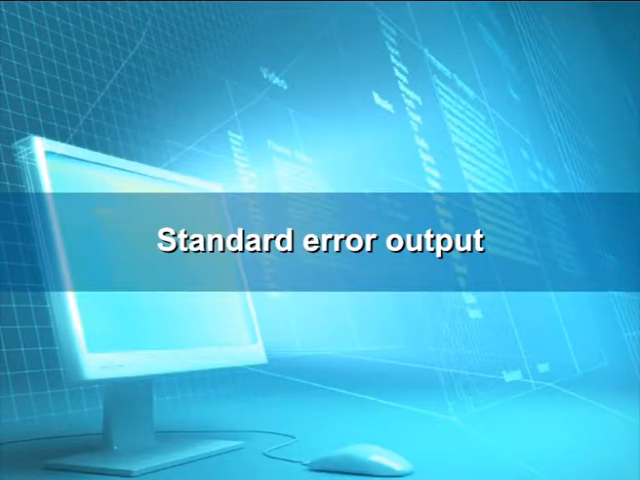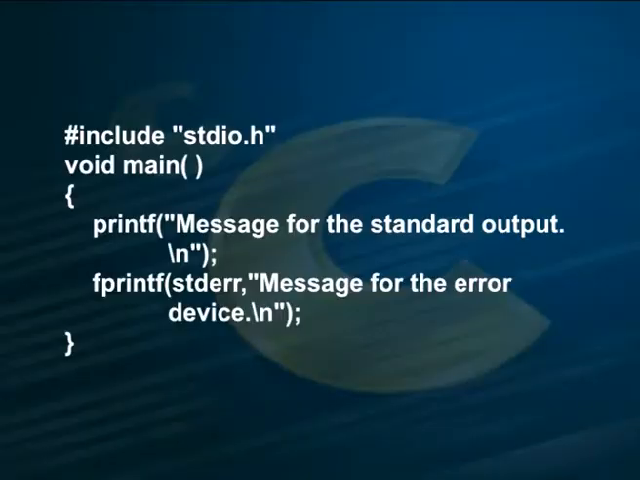Standard error output. Sometimes we may want to redirect the output from a standard output device to a file. However, you may still want the error messages to appear on the monitor. We now see an example that shows how to achieve this. #include <stdio.h> void main() { printf("message for the standard output\n"); fprintf(stderr, "message for the error device\n"); } The program consists of two output statements, one to the standard output device and the other to the standard